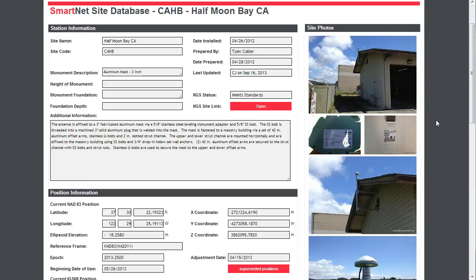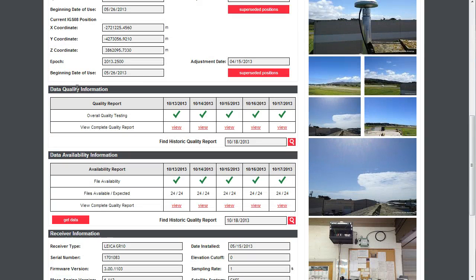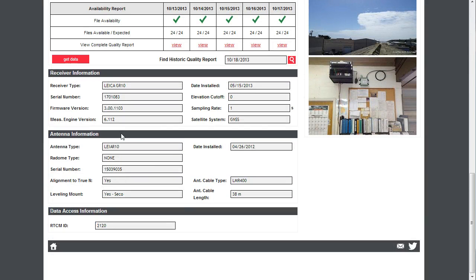It pulls it right up, and I have all that metadata, the file quality, the file availability information, serial numbers, even the RTCM ID, everything that I could want with that site. So that is how to